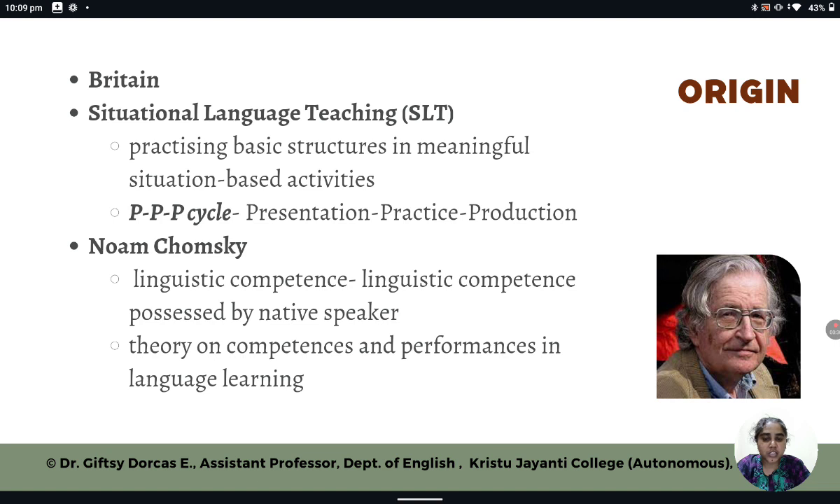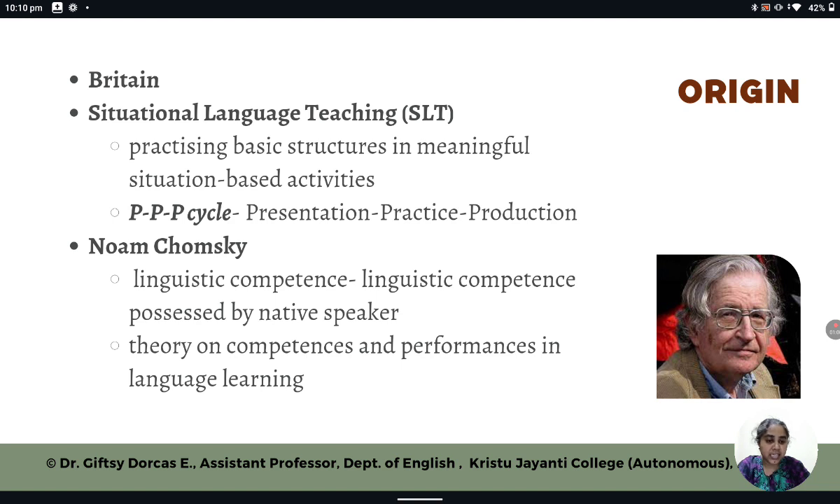Real life situations were presented to the learners, and then they had to practice those dialogues, and then they had to reproduce it. So that was the cycle that was followed in situational language teaching. And Noam Chomsky, the renowned linguist, spoke about linguistic competence, which is possessed by native speakers. So he emphasized the need for linguistic competence among the learners of language. And he also brought forward the theory on competence and performance in language learning, which enabled other linguists to also